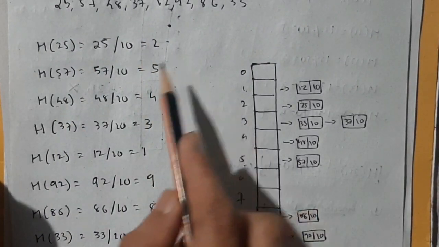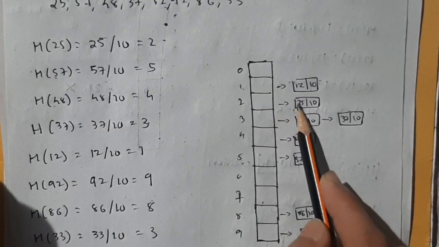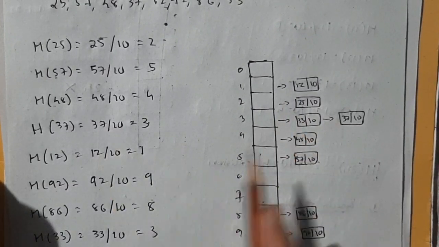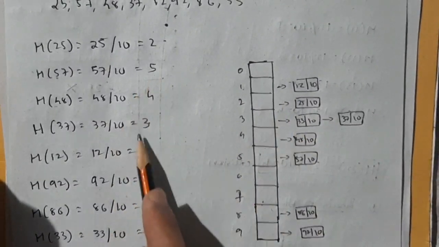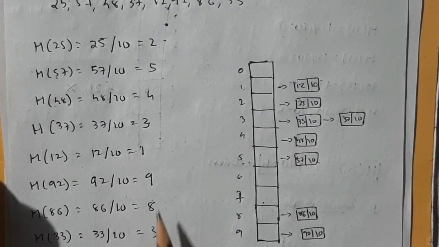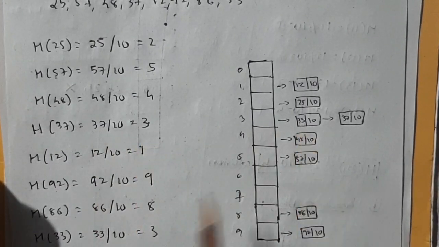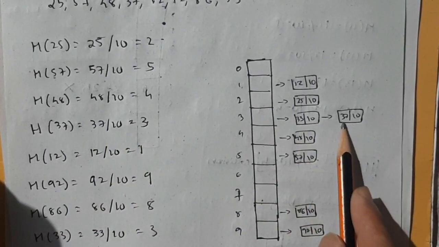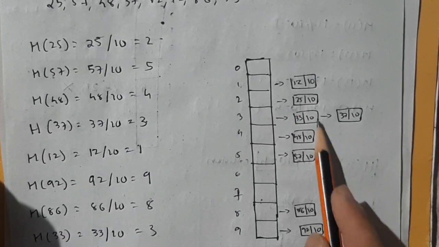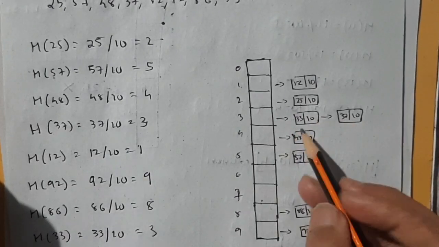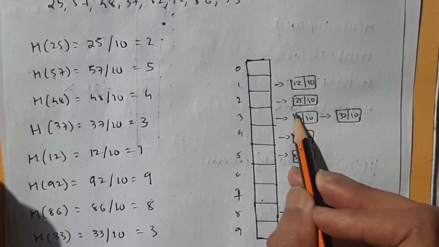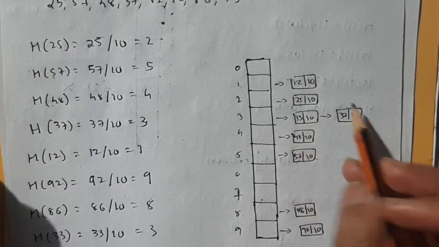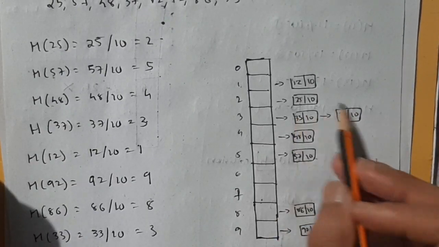But what's the thing, when you are storing this, it will be stored at second position, then third position. If 2 come, like 37 came first, then 33 came, 37 will be stored here first, then 33 will also be coming and getting stored here. But for that order, you will check if 33 is less than 37, it will be stored before it, and if it is greater, then it will be stored after 37.